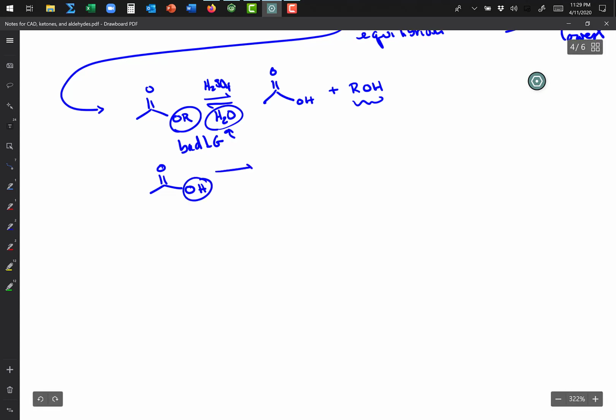Again, this is a bad leaving group. So you can add acid and then the alcohol you want to add to it, and then you'll end up with the substitution that looks like this. I'm not going to go into the mechanism for this, but it is in the book. And really all you need to know is that you're doing a substitution when you're adding either the acid,